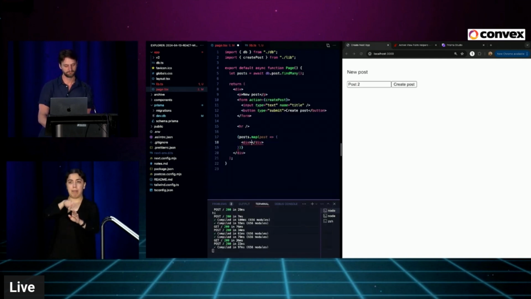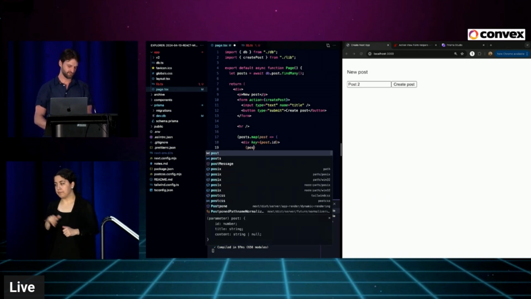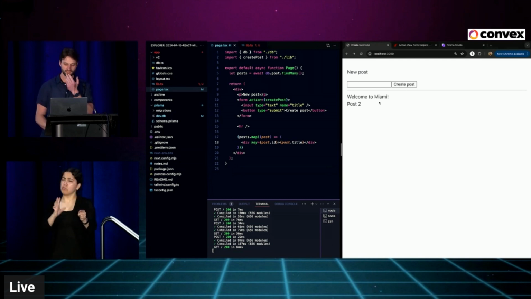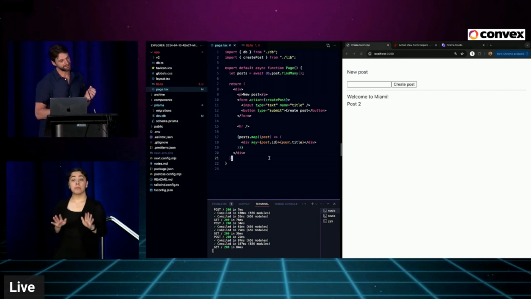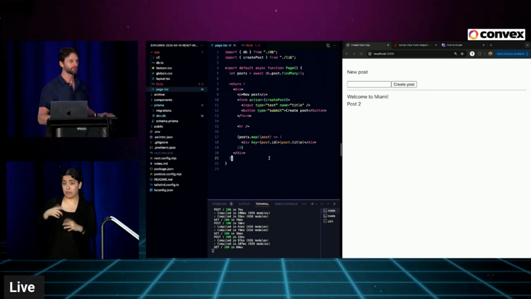And we will render a div with a key, and we'll say post.title, something like that. Pretty cool. Now, this is pretty easy, but there's a lot of wiring it takes to just kind of go through this over and over again. And because those of us in the JavaScript ecosystem like to use the tools that we like to use,